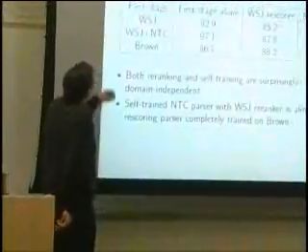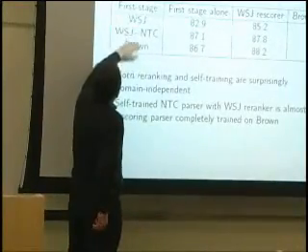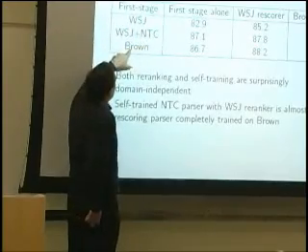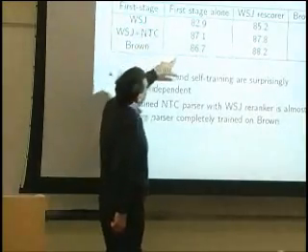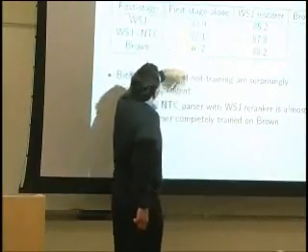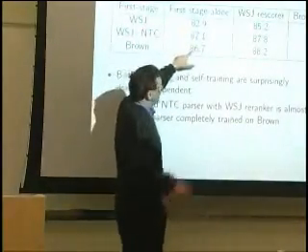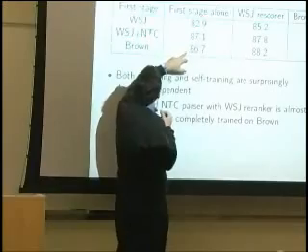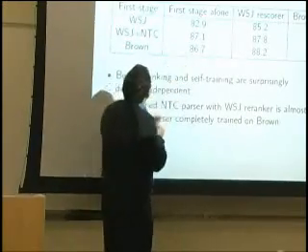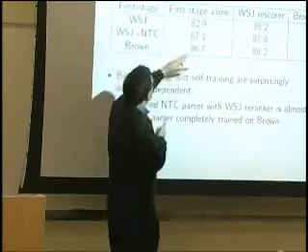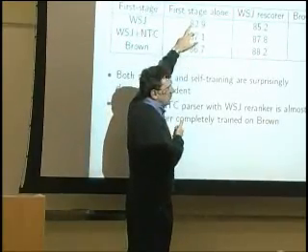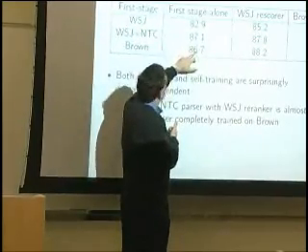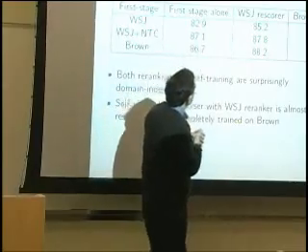So if the first stage is trained either just on, this is the Penn Treebank, Wall Street Journal plus the North American Newswire or Brown, right? And then now if you use just the first stage alone, right? So actually I think the Brown results are the most interesting ones here, right? What's interesting is that certainly using a Brown trained parser on Brown is better than using a Wall Street Journal trained parser on Brown. But Wall Street Journal plus North American Newswire actually does better than Brown, which is really strange, right?